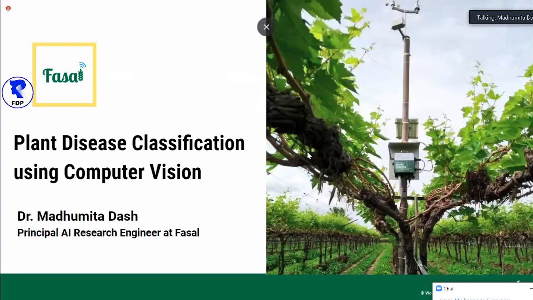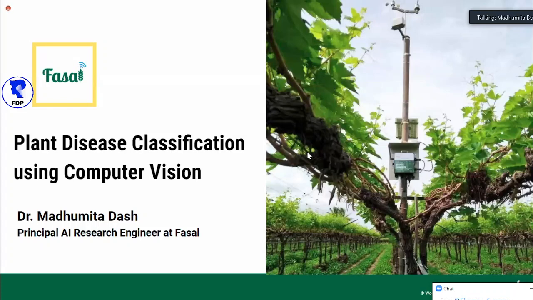This is a version of our device. We have recently launched version 4, called Fasal Kranti, the main hardware that we use to collect data from the field.